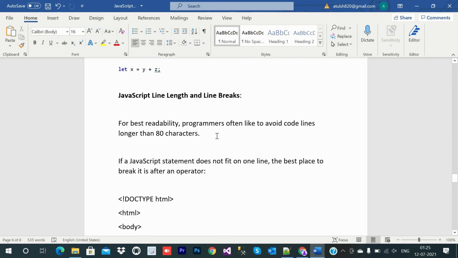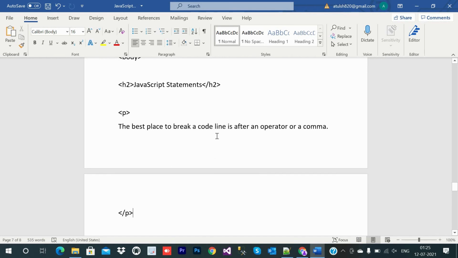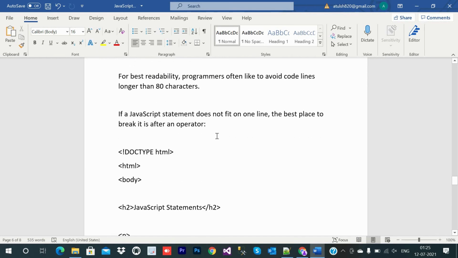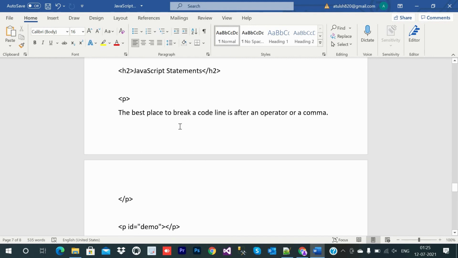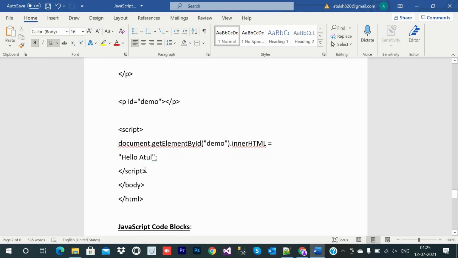If a JavaScript statement does not fit on one line, we can break it onto the next line, and the best place to break it is after an operator like equal, plus, minus. Here is the code with a line break. Let's discuss that line.